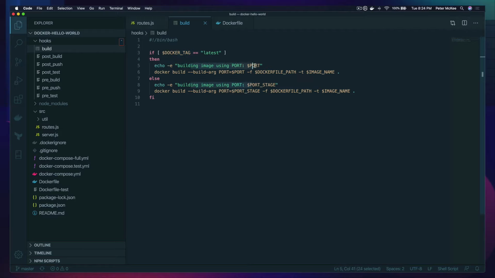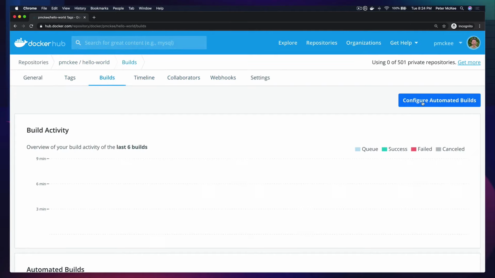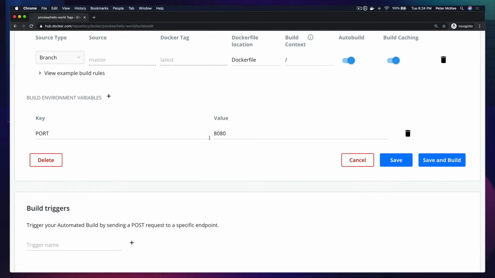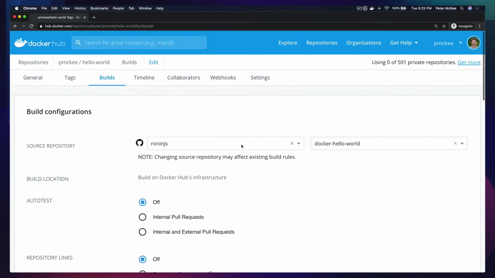And why port 8080? Because over here in our custom configuration of our auto builds, we set the port to 8080. Okay, so we took a look at how you can tie into a custom build cycle in the build